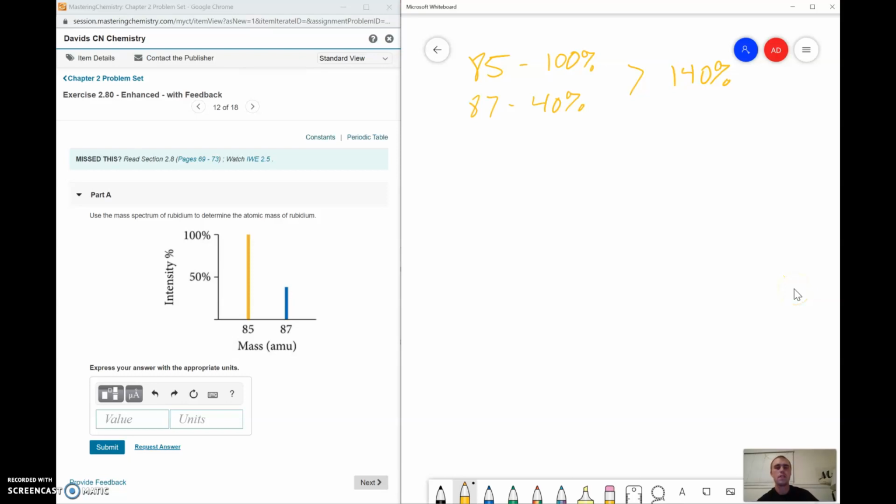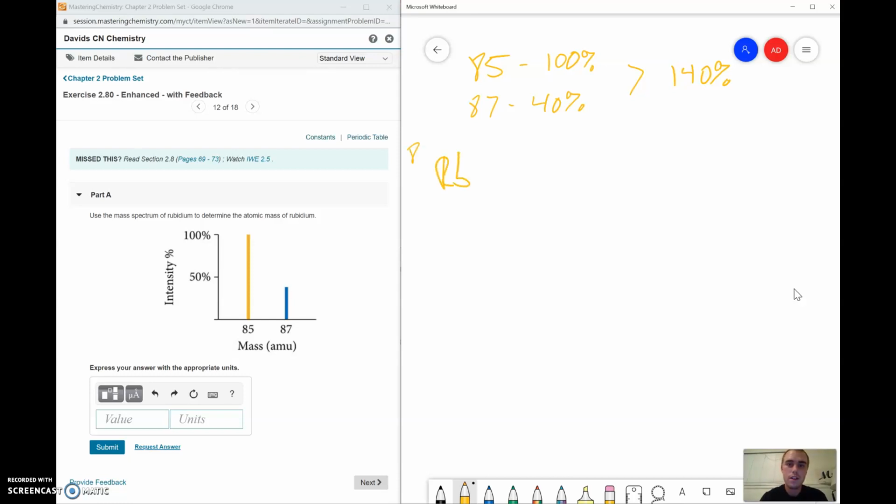Okay, so apparently I didn't realize that this screen recording software has a time limit on the video, so it cut me off and I got almost all the way through the entire video before I realized it. So I'm going to pick up right here where it cut me off, and we're going to go with rubidium